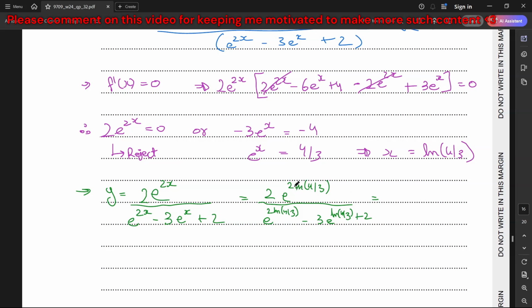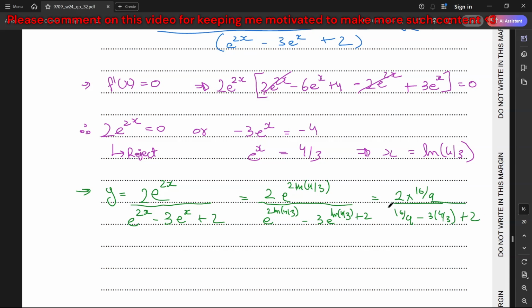So if I have to solve this, I can say that this is same as writing e to the power of ln of 4 by 3 square, that is 16 by 9. And e power of ln of anything is equal to anything. So I'm left with 2 into 4 square is 16, 3 square is 9, divided by the same thing over here. I'm left with 16 by 9 minus, e power of ln of anything is anything, so minus 3 times 4 by 3